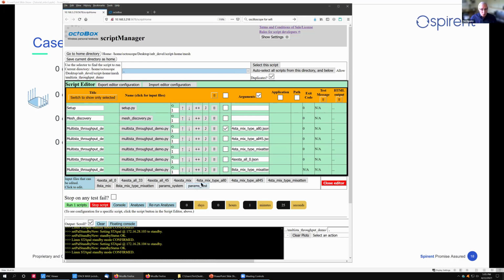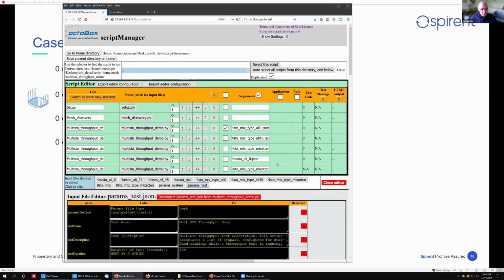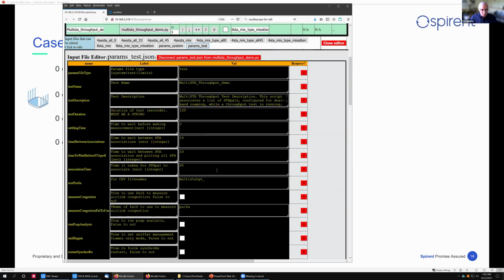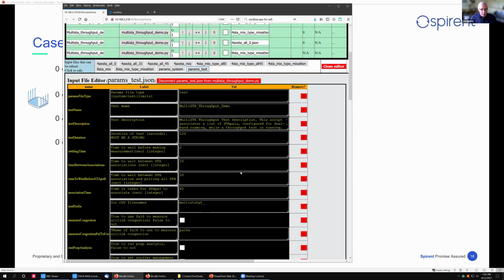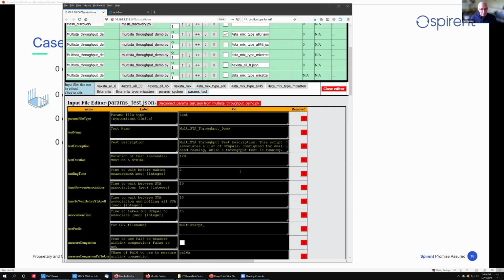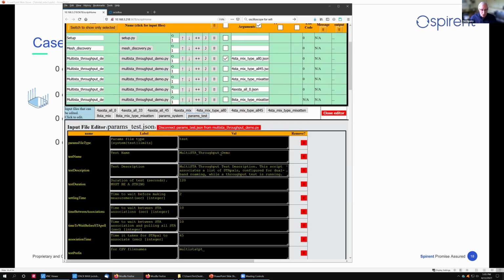So for example, you can open up the parameters for this test. And these are set by the program writer. These are not built into the system, but basically, if you set up your program right, just by changing the elements in the config file, which are all editable from here, you can change the behavior of the script.